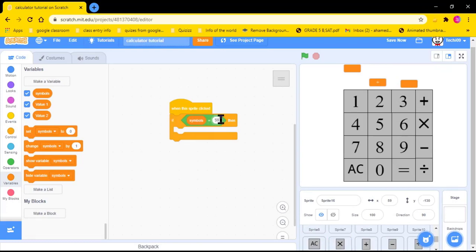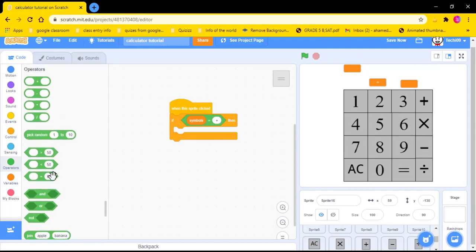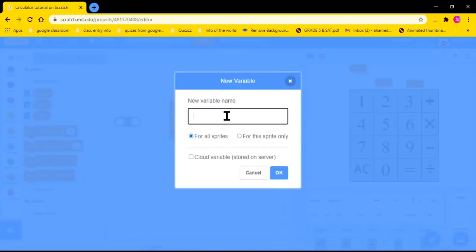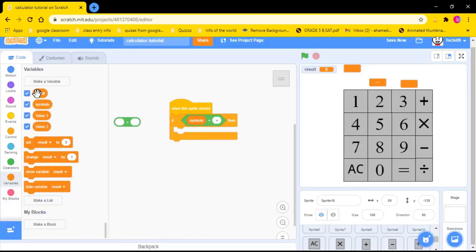For now, let me just focus on adding the addition calculator. Put in the plus sign there, and then you need to set, first of all you need to make a new variable, put it to result. You can name it whatever you want. You can also spam a bunch of letters. If you want, you can put it as result equal to 0 like that,